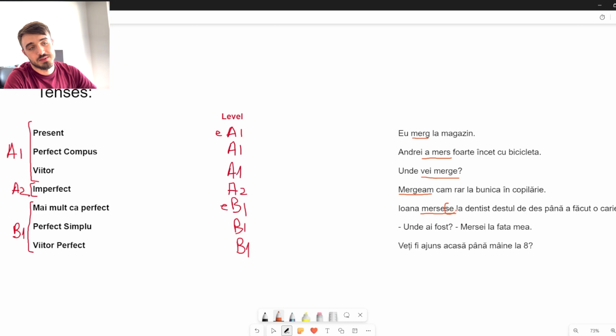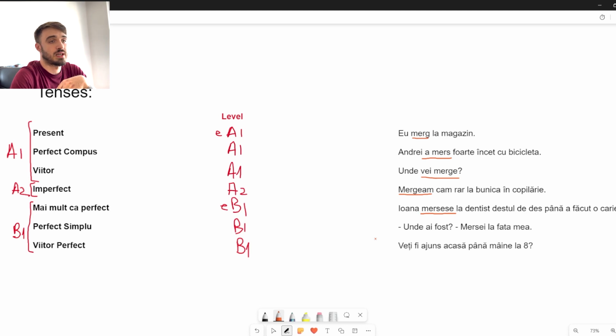Mersese, that's how this is built. We'll talk about the mai mult ca perfect later, but definitely this is quite frequent in English to use when you get, as I said, up to a level, not something that is for beginners. However, it's quite common. So same principle for Romanian. Use it and learn it in early B1, start using it, and then you'll get more familiar with perfect simplu, which, as I said earlier, its usage is quite limited, but you shouldn't ignore it by any means, because it exists and